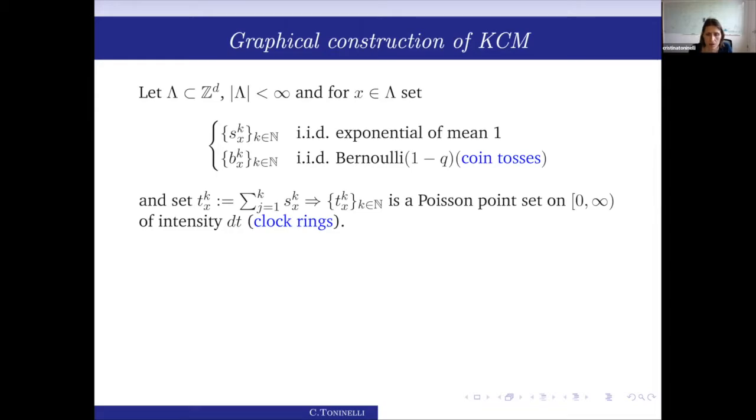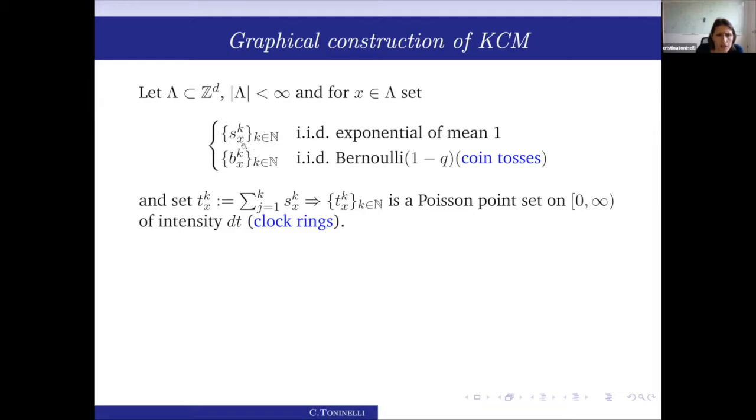So we will need, for what I'll do in the following, to have a clear idea of how the process is constructed. And for this, I'm going to go rapidly through the graphical construction of this model, just to settle the key variables, though I guess that most of you know it very well. So in order to construct the Markov process corresponding to what I informally defined as a model, so I have exponential clocks on each site, etc., what we do is that